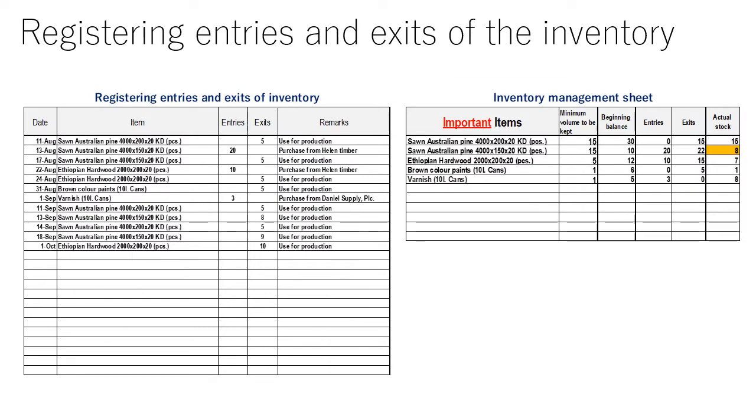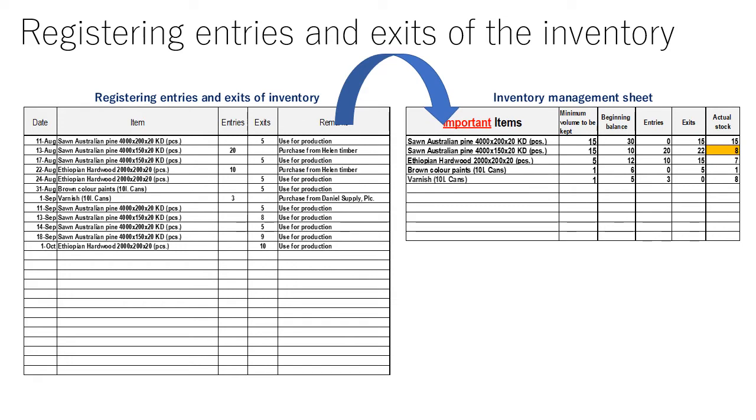Now let's see a consulting tool sheet which is related to inventory management. Registering the existing entry of the inventory is one of the important methods to avoid overstock. This slide presents an example of such practice. The sheet on the left side is a form for registering entries as they occur, and the sheet on the right side presents the information on the inventory of each of the different items by summarizing the information presented on the left side. This sheet is a part of the consulting tool which can be downloaded from the SME Consulting Fostering System